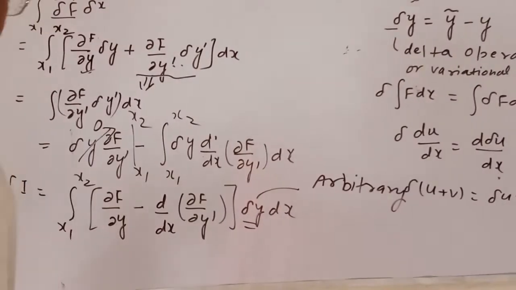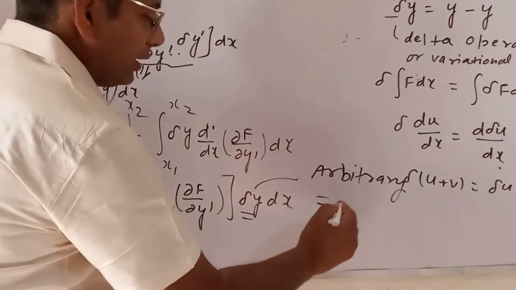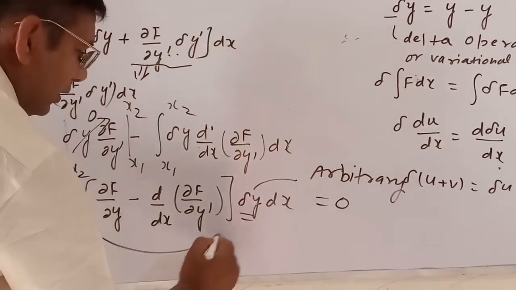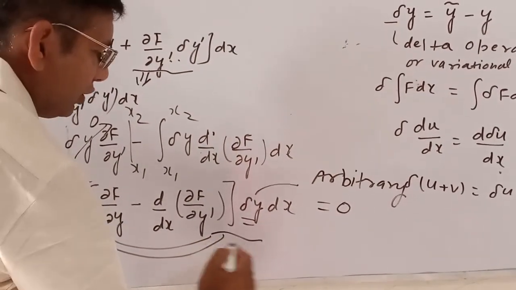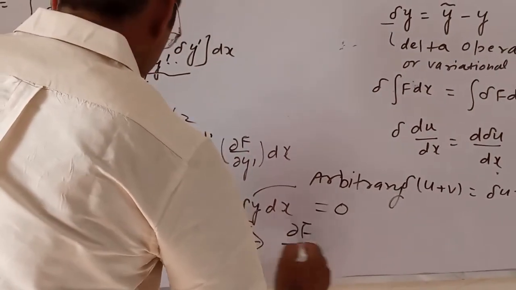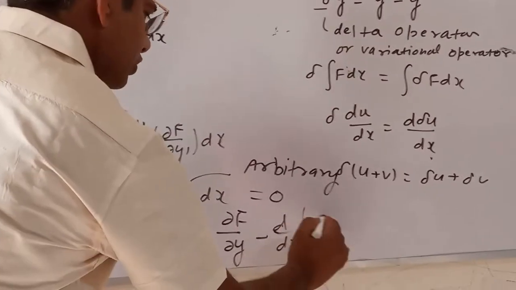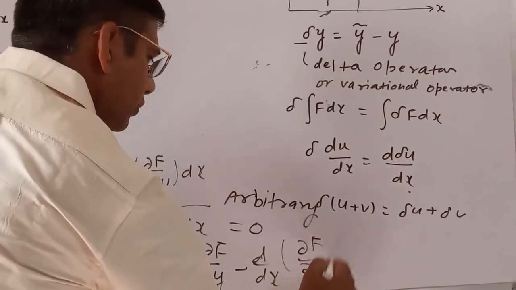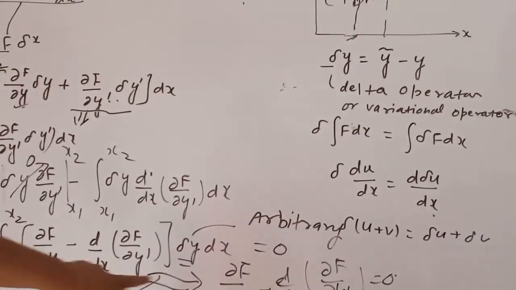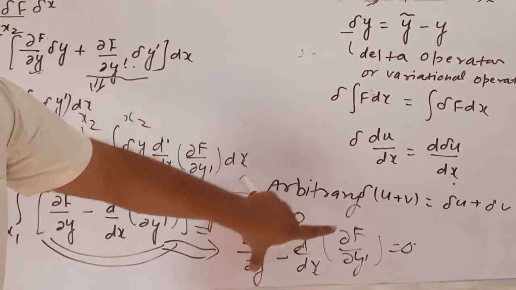So it shows that, and this one, delta y, we want it to be minimum, right? Ideally it should be 0. So this will force us to make this one 0. Now this quantity is known as the very famous Euler-Lagrange equation.